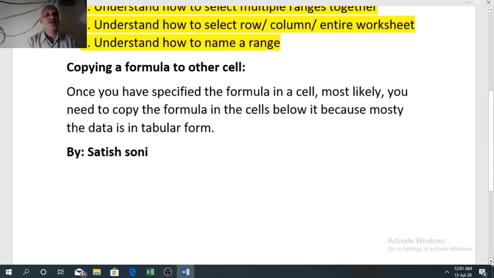So we don't need to type the same formula again and again. In that case we have to copy the formula from one cell and apply it to other cells. Today we will see how we can copy a formula from one cell to another cell.